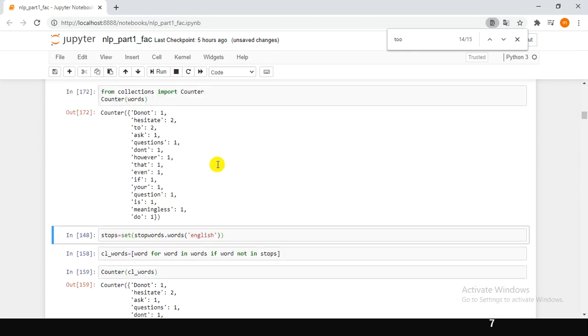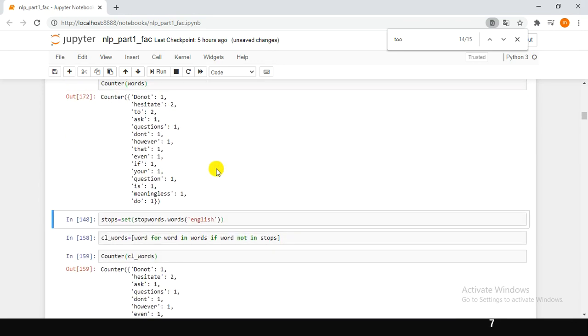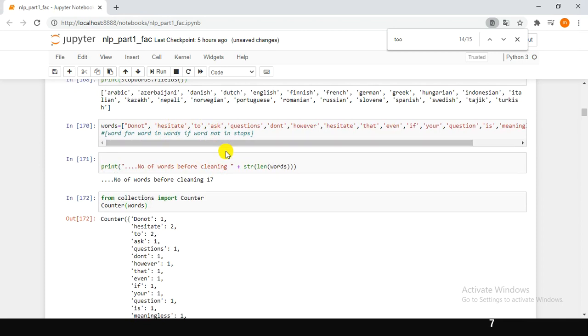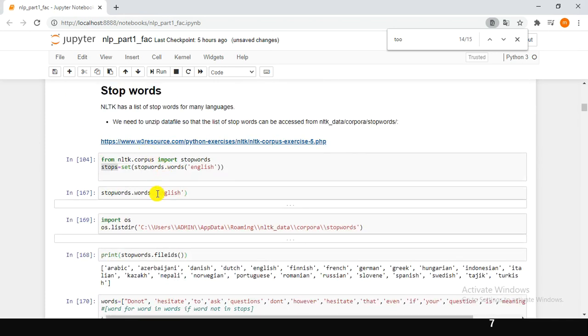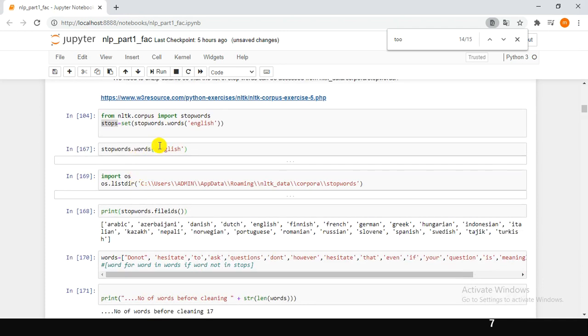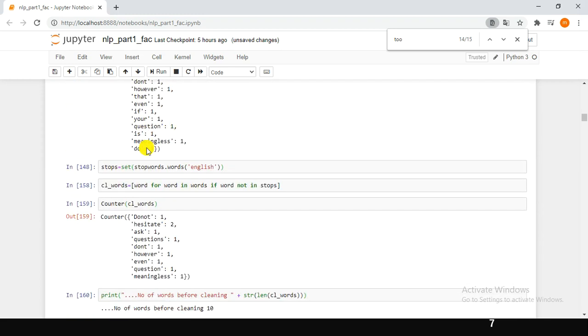Next, what we will do is eliminate the stop words from this list. Already we stored all the English language stop words in a variable called stops.